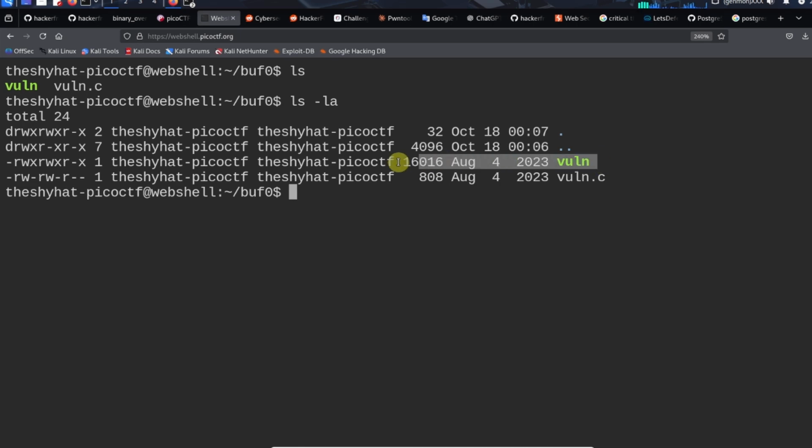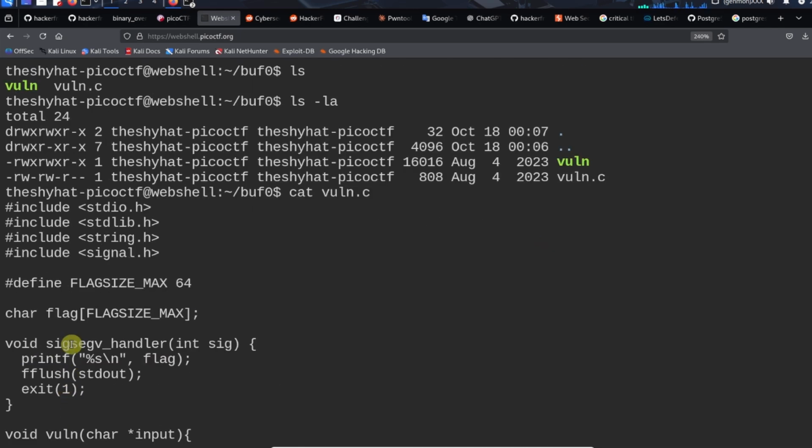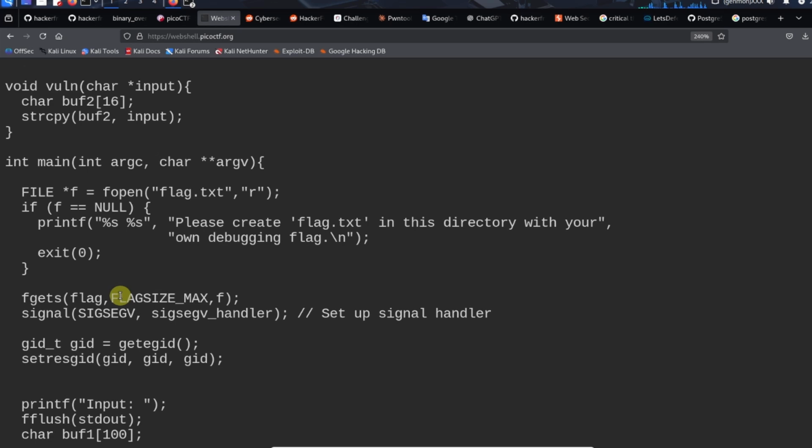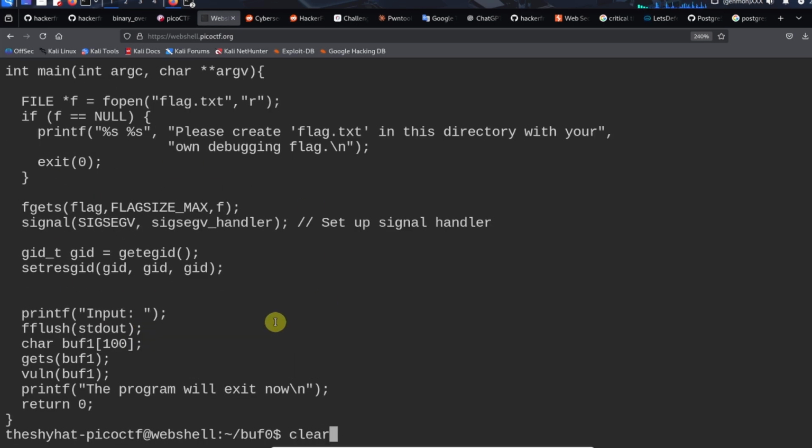So vuln is the actual binary that we need to hack in order to get the answer. And vuln.c is the source code that was used to create this vuln file over here. So if we take a look at vuln.c, this is C code. So the binary was compiled using this C code here, and we'll talk a little bit more about what's in the C code in just a little bit. But for now, let's take a look at